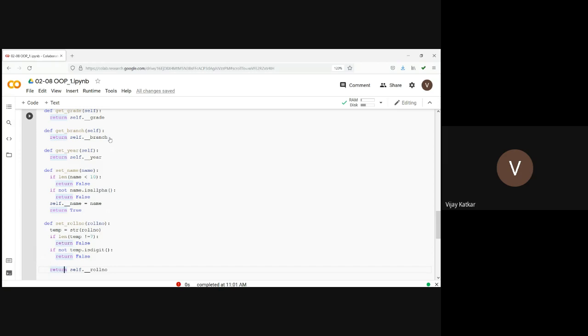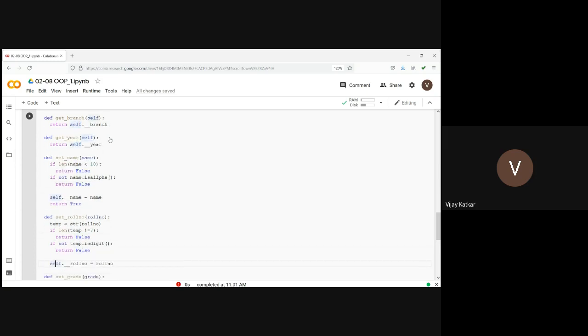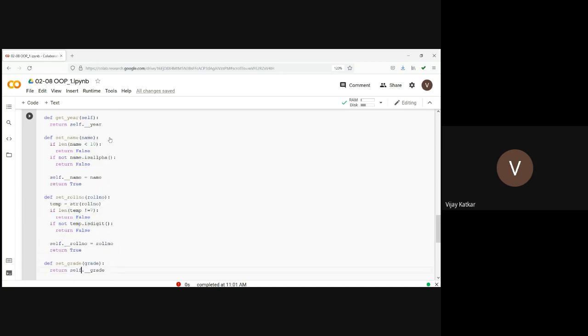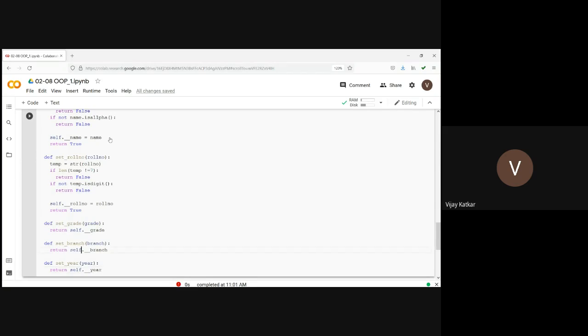And if everything is okay, let's say these two conditions are satisfied, then we can assign roll number, and after assigning the roll number, we will return true, that okay, value is assigned. But if this set roll number function returns false, it means value is not assigned. Similarly, we can check for grade also.